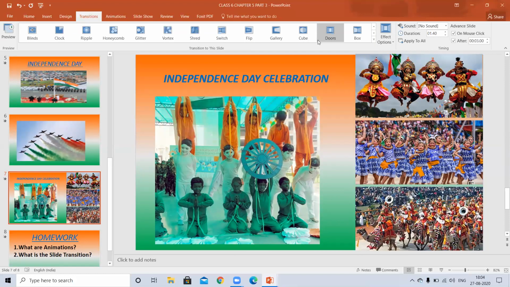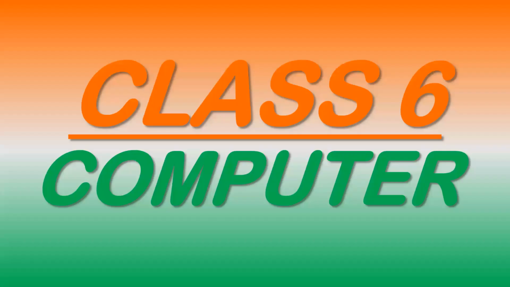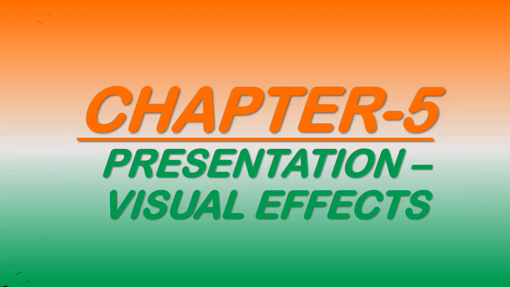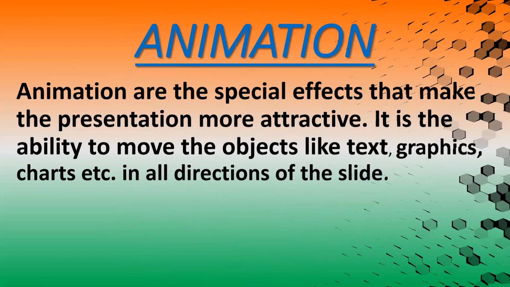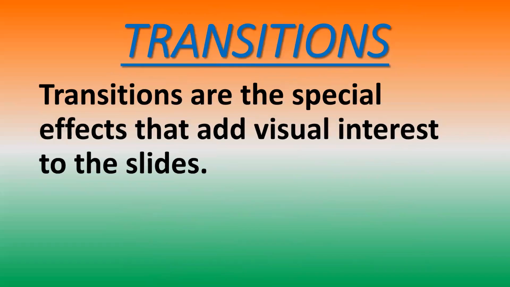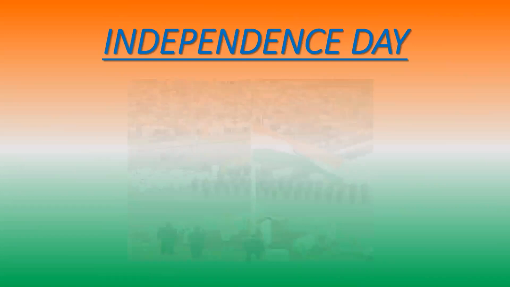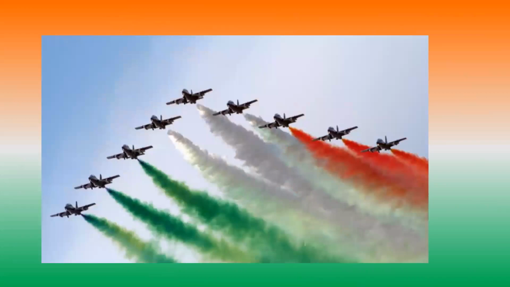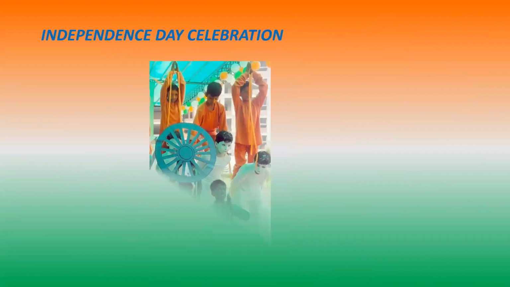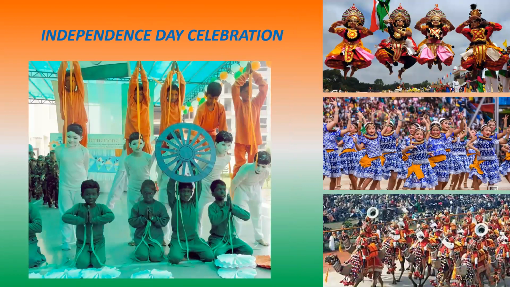Now again I will run and show you slide transition and animation both. Last time I showed you only animation. This time both. You can see this is the transition effect, when one slide moves and the other appears. Now, this is also the transition effect. This is the animation effect on different objects, text and then on picture. This is also the animation, then transition. Different objects are coming in different ways.